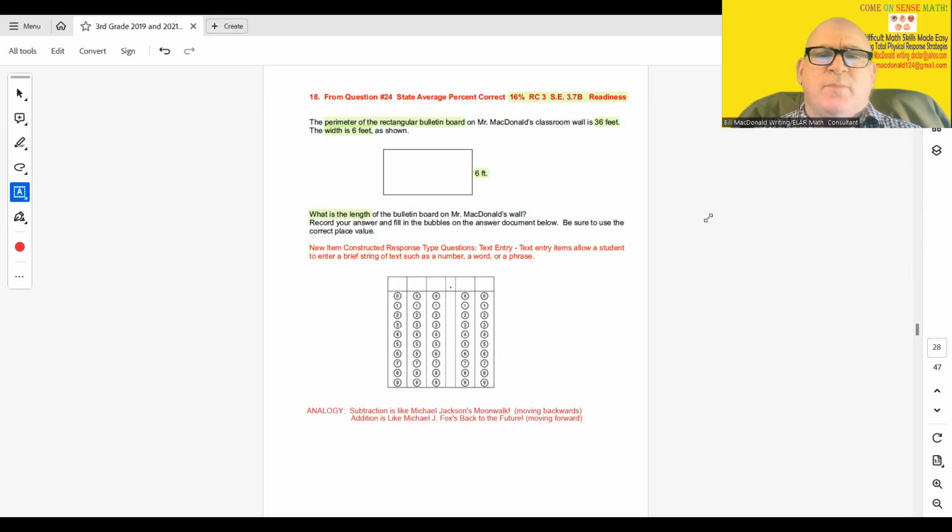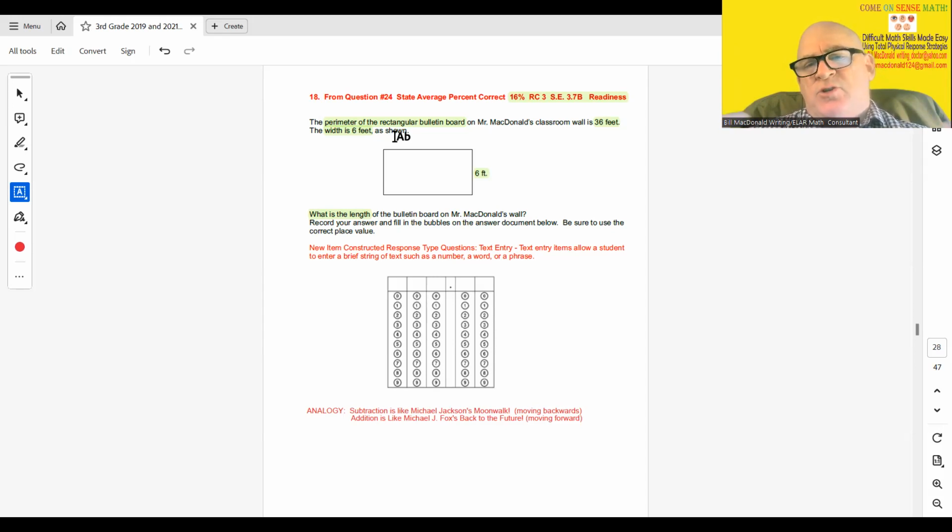And so, as I mentioned, when the students see, and I've highlighted it for you, the perimeter, add up all sides, well, since that's given and that's in the problem, they have to remember that they're going to probably have to subtract and do the Michael Jackson moonwalk back up from that total if they know